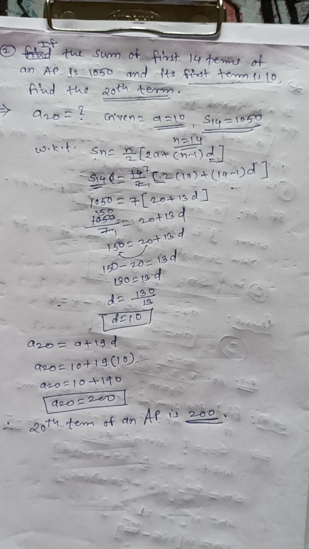3 examples are there. And in the third example, in an AP, 3 things are given: a is given, d is given, and suppose an is given. You have to find n and Sn. So the third example also you have to complete. So the first 3 examples you have to solve as today's homework. In tomorrow's session I'll take some different kinds of examples, and then you can solve the rest of the examples from exercise 5.3. Thank you.